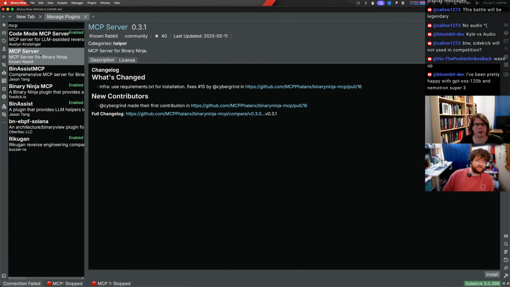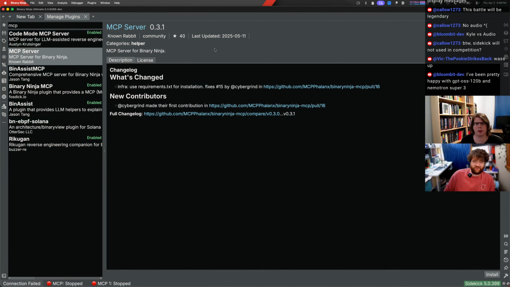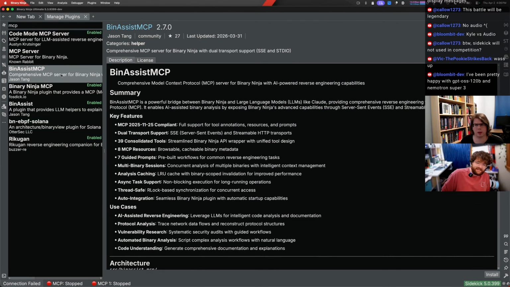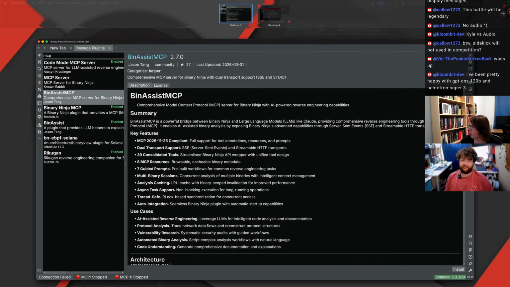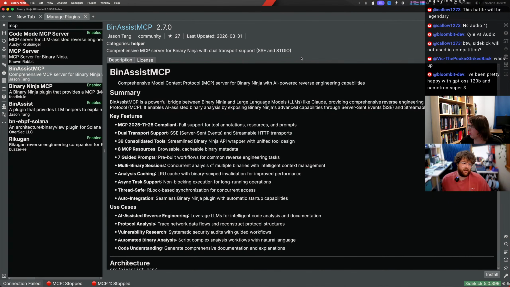MCP. I was not able to get, oh, I guess I skipped this one because it's old. I'm not sure if it still works. The BinAssist MCP, I wasn't able to get to work. I don't think Claude Desktop supports local MCP servers anymore. It has to be remote and it needs to be wrapped up in some sort of app. So this I couldn't get to work, and